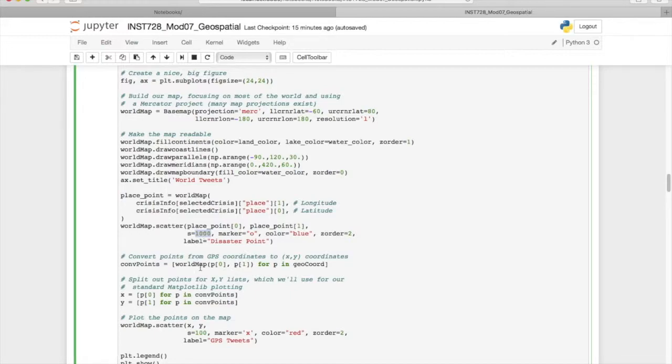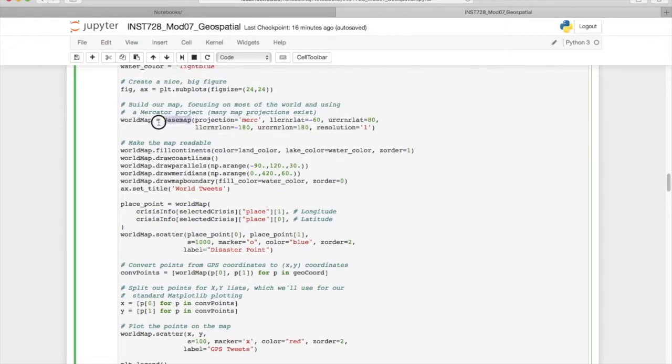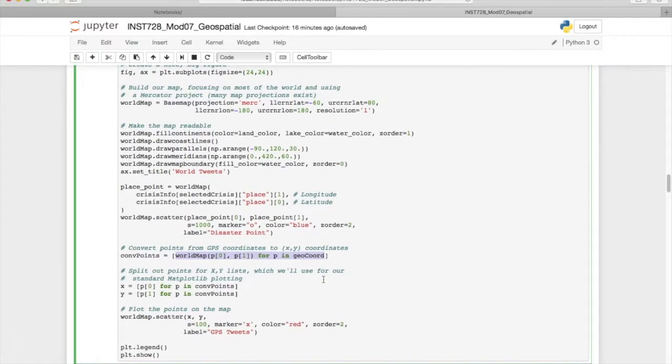Now, for the other tweets that have GPS coordinates in them, what we want to do is convert those from GPS coordinates to XY coordinates. And we see that we did the same thing here for this latitude and longitude of our event by using the world map object that we created with this base map function, and then putting in the longitude and latitude. Note the order: world map expects longitude first and then latitude value. And here, when we are dealing with the geocoded GPS coordinates of our tweets, we'll do the same